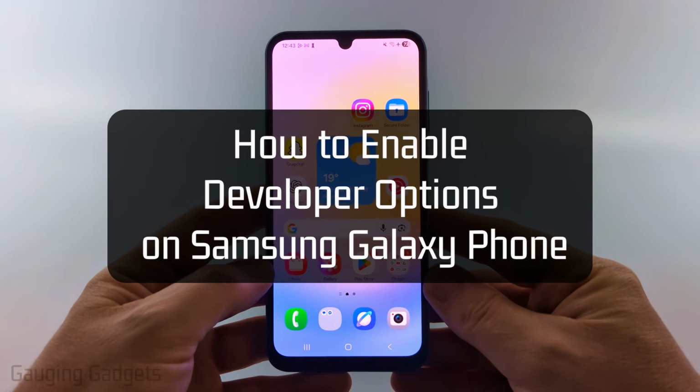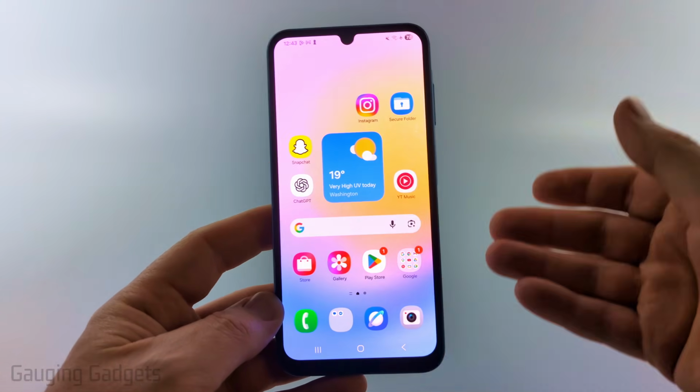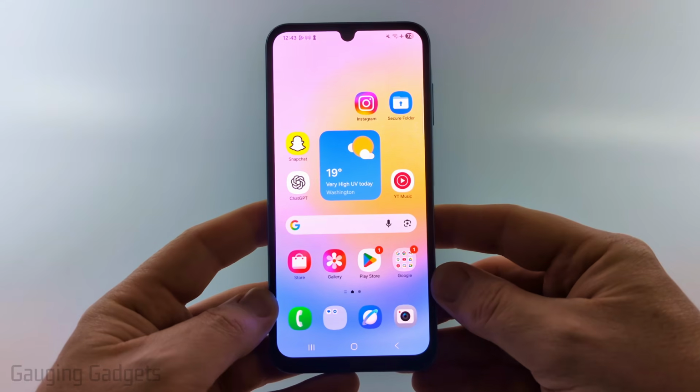How to enable developer options on Samsung phone. In this video, I'm going to show you how to enable or turn on developer options within the settings on